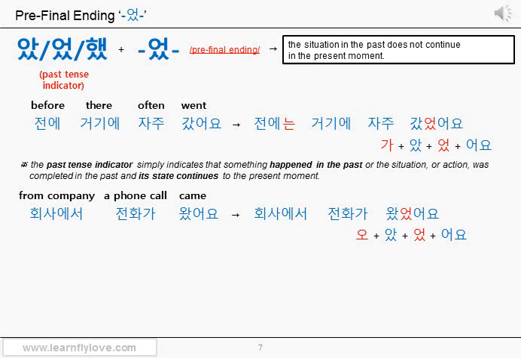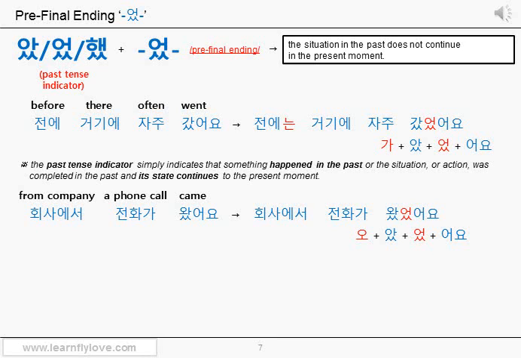As you know, in Korean, you indicate the actual moment that something happened. So someone called you, it's already in the past. Even when someone has just called, you use the past tense for the fact that someone called you. And this someone is still holding the phone waiting for you to answer. So the state of calling the phone continues to the present moment. In this case, you can just simply use the past tense. 회사에서 전화가 왔어요.